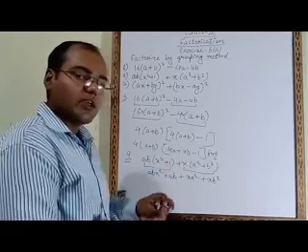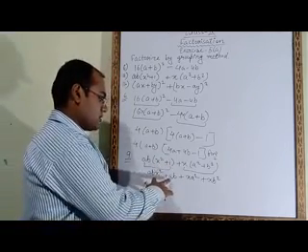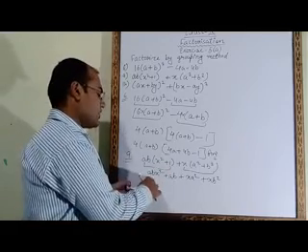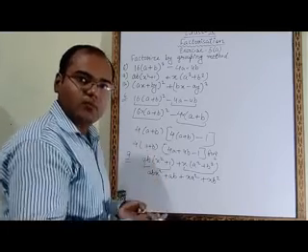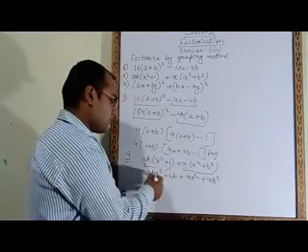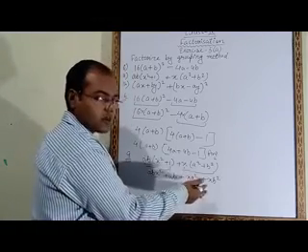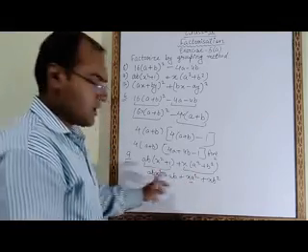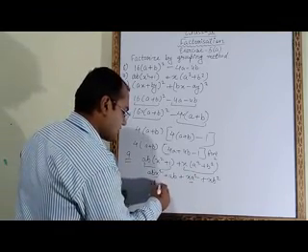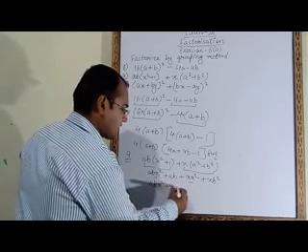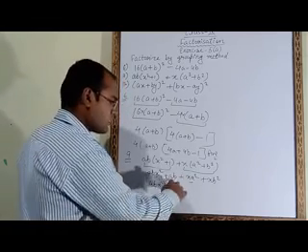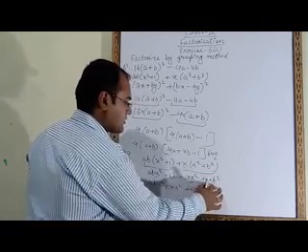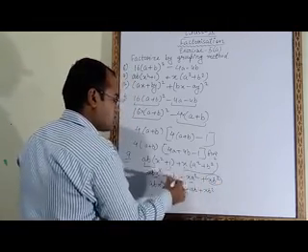Now what we have to do? We have to make grouping. These two terms came from here, so we will not make a group of these two, because if we take common from these two, again this answer will come. So it's better we make a group of this ABx square and some other term. Let's say we take this one. These two we will take together: ABx square plus xa square. Now plus AB and plus xb square, these two terms we take together.